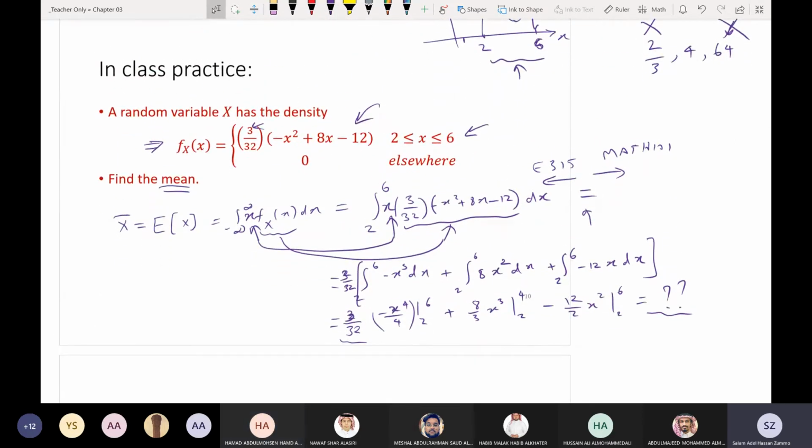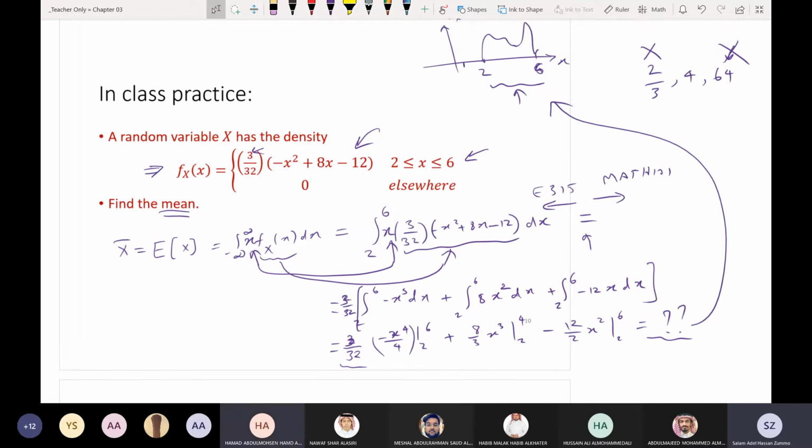Any question on the concept here? As we said, the rest is calculus, it's not a big deal for me. However, how did we get this? This is the most important part. And whether your answer makes sense or not, it has to make sense. The average value should be within the range of the random variable. It cannot be outside the range. If you get a wrong number, too big or too small, you must know that this is wrong.